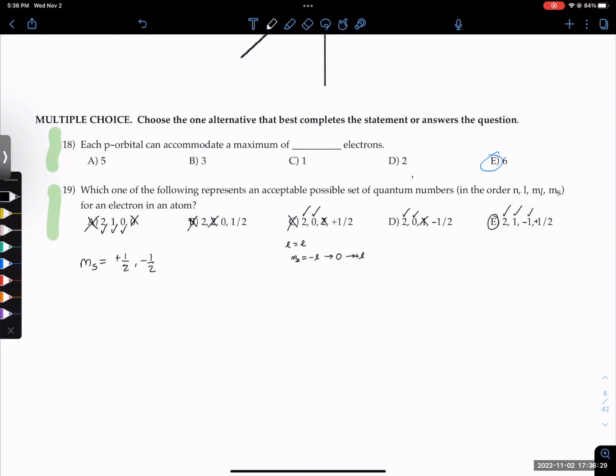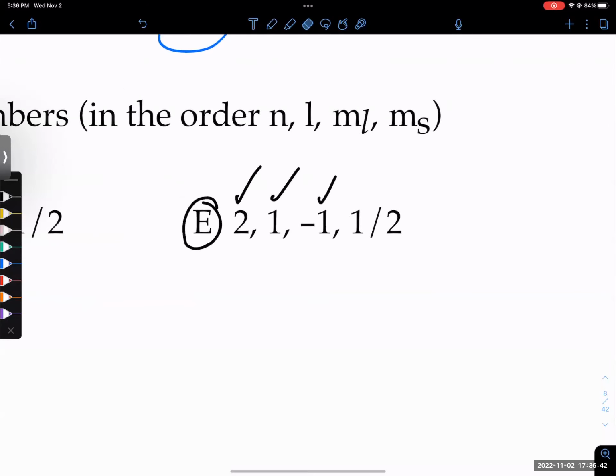So I have a question. You have a question? We said MS can only be positive 1/2 or negative 1/2, correct? Why are we choosing the one that's just 1/2? It could be either, so had it been a negative number here, would that be? Oh, but it doesn't have any charge. No, it just means positive, it's not like a charge. Like +1/2 is the same thing as just a regular 1/2. It's like, you don't write +7, you write 7. Oh, okay. Does that make sense? Yeah. Awesome.